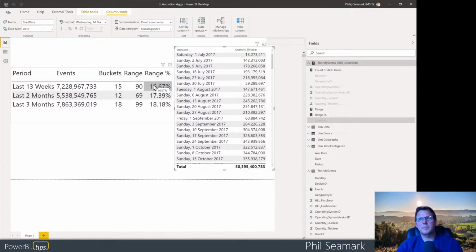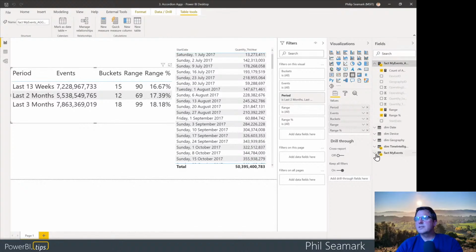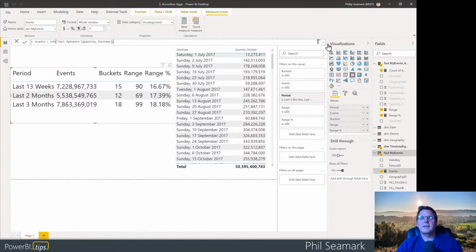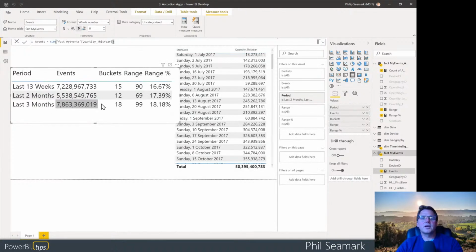So you can get a 5x to 6x improvement here. And if we have a reporting period that says just give me the sum of events, and I have a look at my event measure, what is this doing? I think this actually does use aggregation awareness. We're just doing the normal sum. And for a 3-month period, we're covering 99 days. Actually, I don't know why it's showing me 99 days. It might be falling off the start of the date range. We can resolve this in just 18 buckets of the